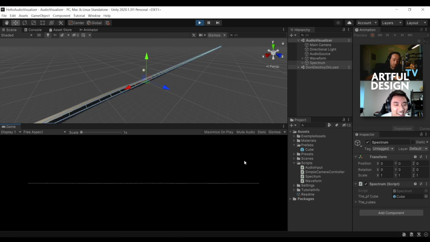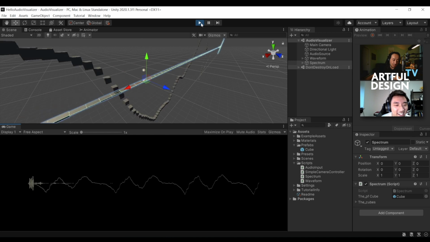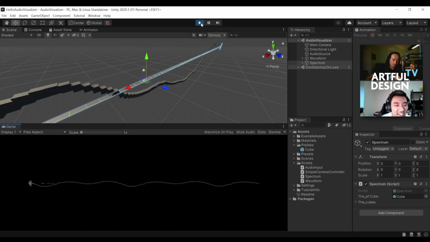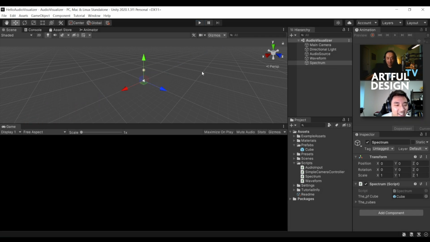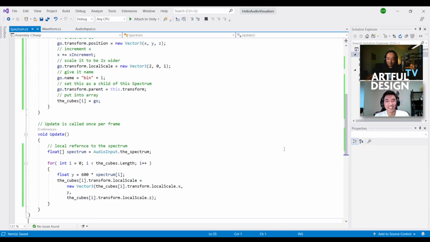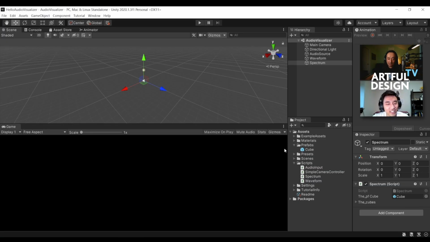Something has happened. We actually see the waveform and a little bit of the spectrum overlaid on top of one another. So we need to fix that. And it's also really hard to talk with a slightly delayed version of yourself talking back at yourself. So I apologize for that. So in order to have them not overlaid on top of one another, we're going to have to move